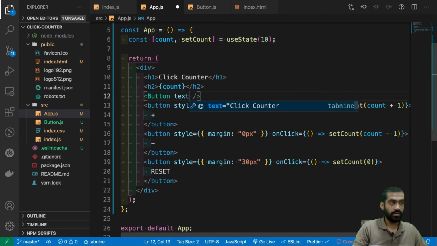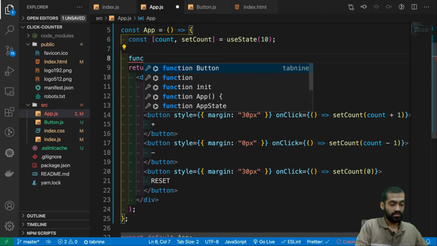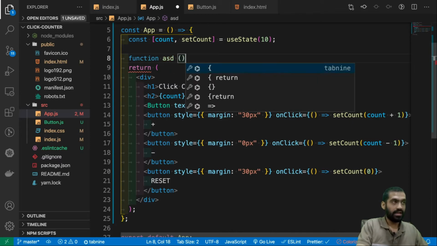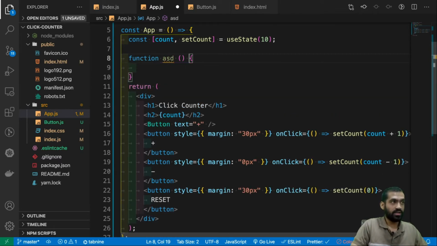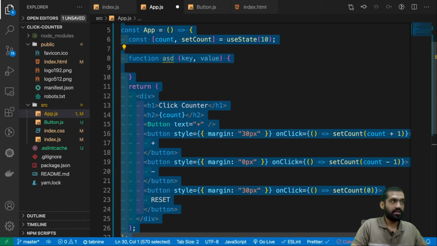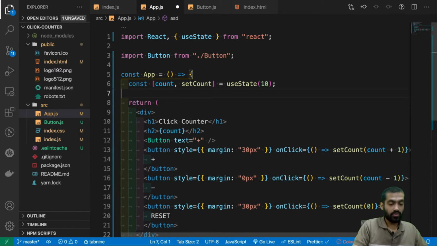So what if we pass something called text, with the value plus? Essentially it's like a function ASD that has some values, key values or something like that. This function has some attributes, right? So React is saying that we can pass things like those here.